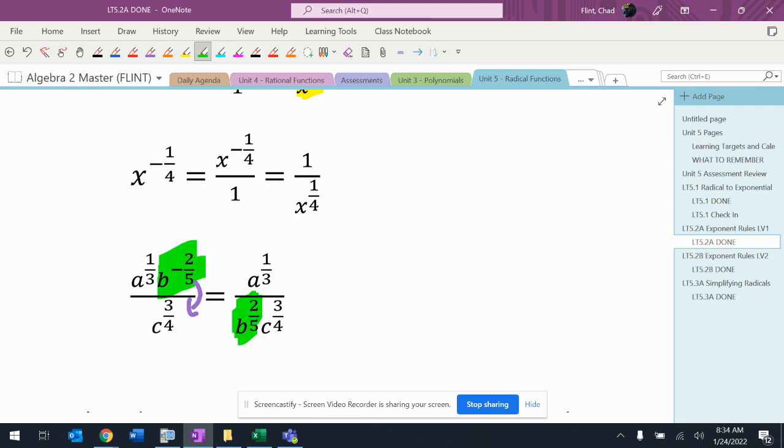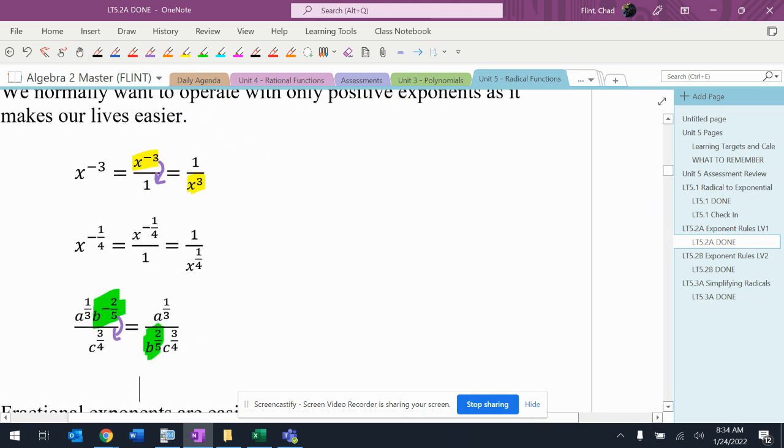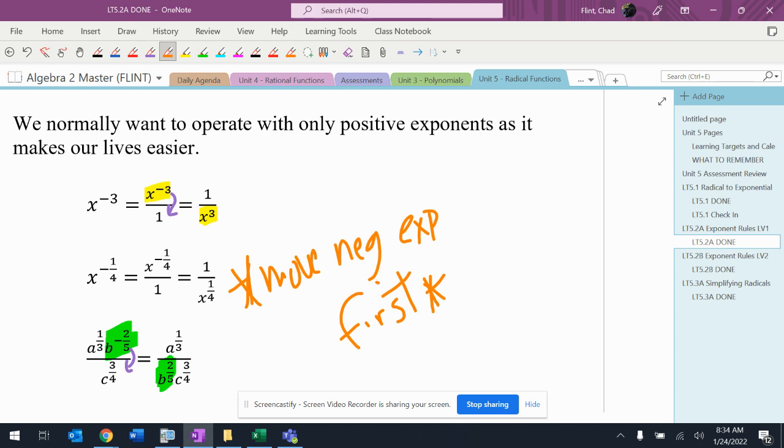If you see negative exponents, I personally think the best thing to do is to do them first. All right, so I didn't write this in my notes here. I'm going to write down move negative exponents first. That is not how you spell first. Okay? I just think it's easier to deal with them and get them out of the way before we even start doing